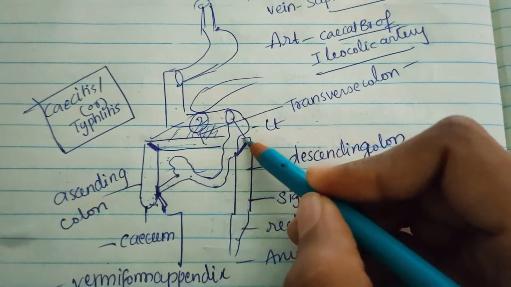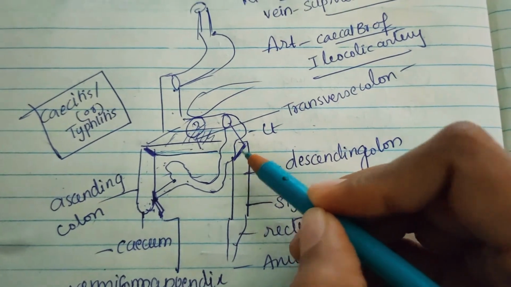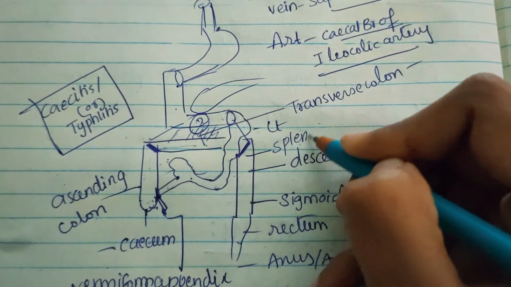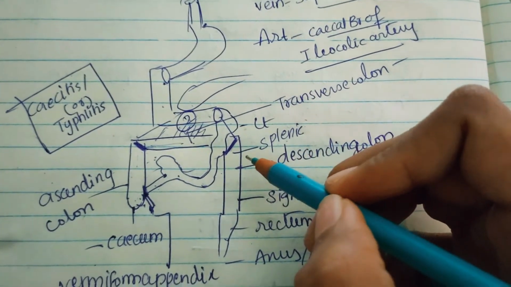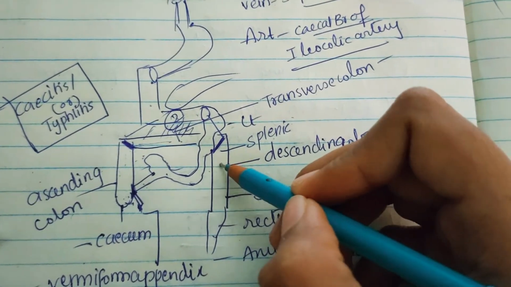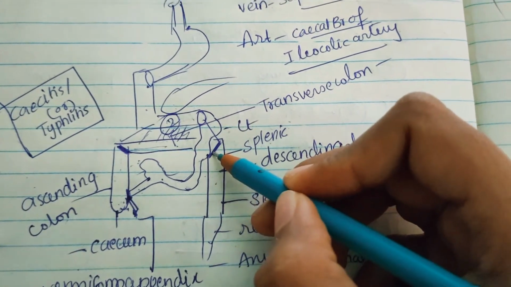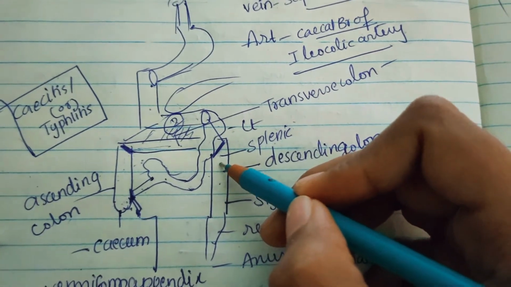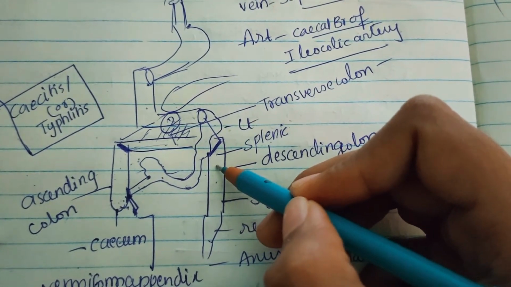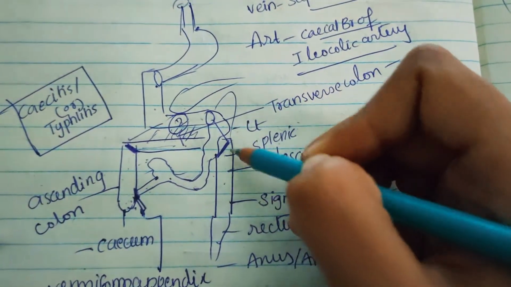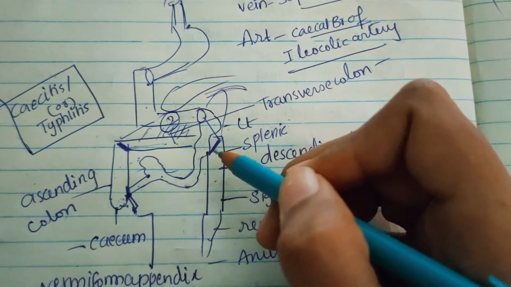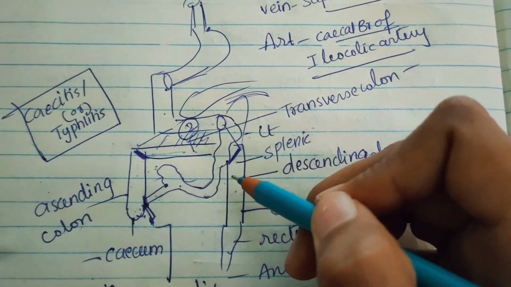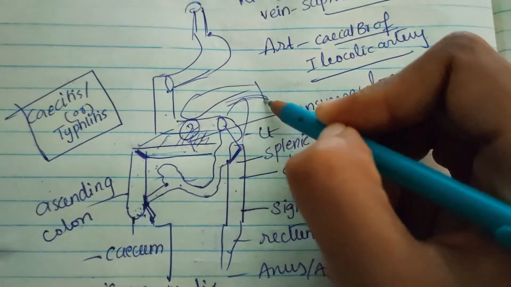So now let us discuss about left colic flexure. Left colic flexure is also called as splenic flexure, okay? Why? Let us see. Left colic flexure lies at the junction of transverse colon and descending colon, and here the colon bends downwards, backwards. The flexure lies on lower part of left kidney and diaphragm. Actually here backside you'll have left kidney and here you'll have diaphragm. So there it is located behind the stomach and below the anterior end of spleen.